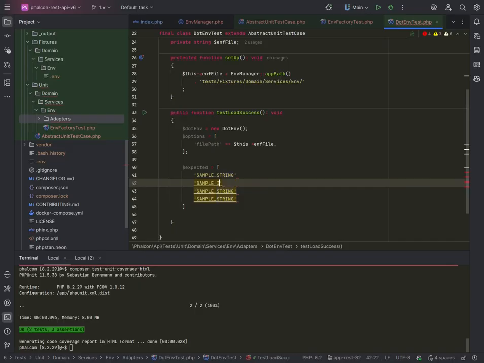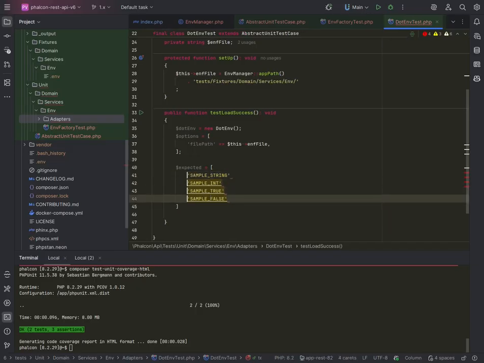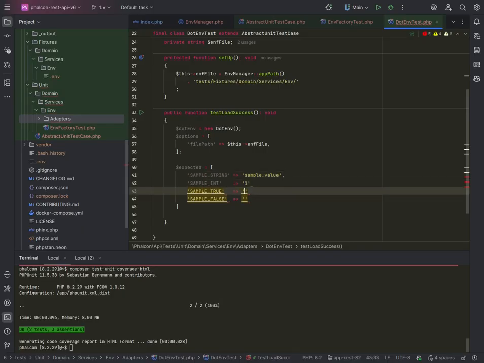It will be sample int, true and false, and these are gonna be value 1, and then will be true, and that will be false. Let's put the commas here,